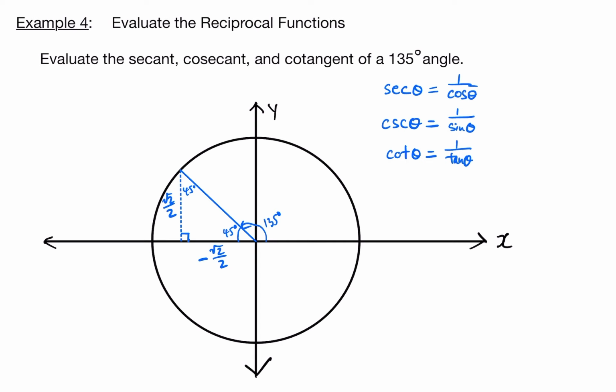Okay. All right, so now that we have those values, we can go ahead and calculate secant, cosecant, and cotangent of 135 degrees. So we know that the secant of theta is 1 over cosine, so that's going to be 1 over the cosine of theta, and the cosine of theta is the x value, so that's going to be negative square root of 2 over 2. Okay, that works out to,